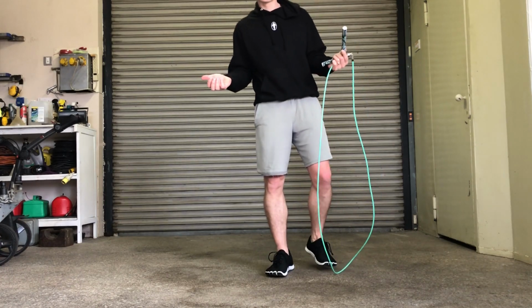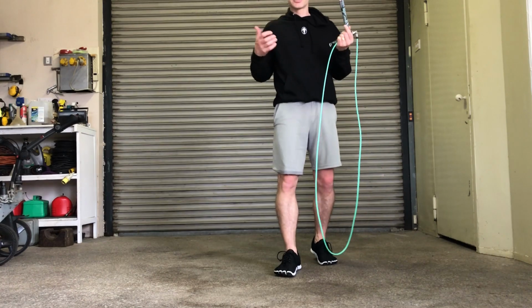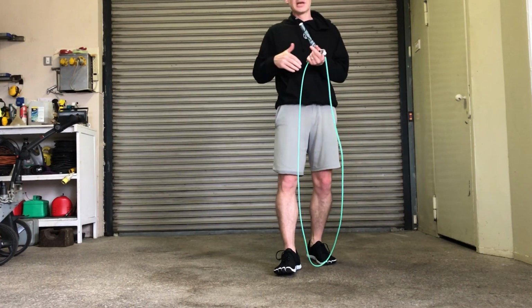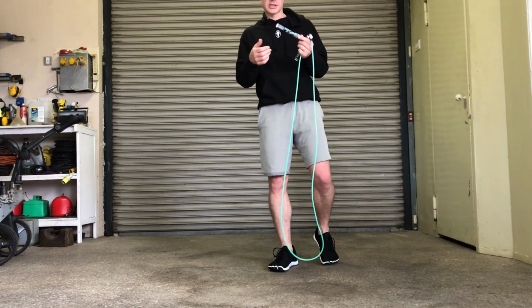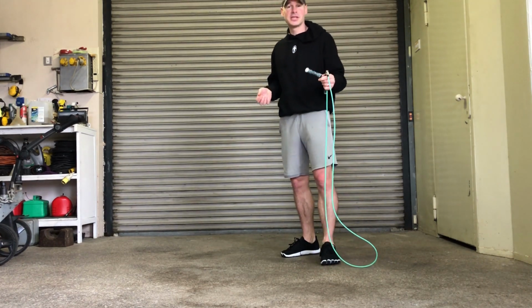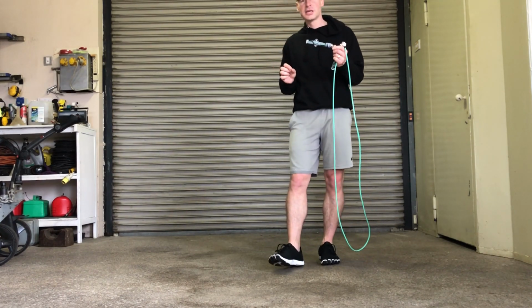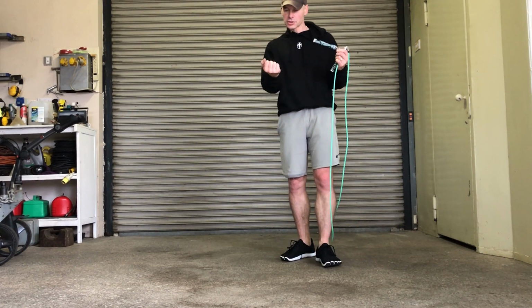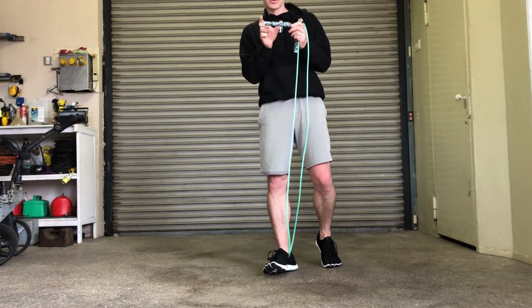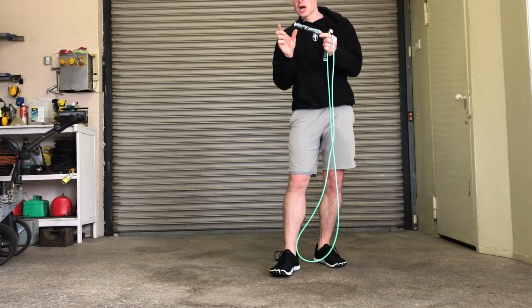Or it might even mean that when I'm doing jump rope with a Crossrope, maybe the shorter rope might be more suitable for just basic jump rope moves and even jump rope tricks, because compared to a lot of basic PVC jump rope handles, the Crossrope handle is a little bit longer. A lot of PVC jump ropes, basic licorice ropes, the handles are quite short. So while the Crossrope handle is very cool, you'll notice it's probably a little bit longer than a basic PVC